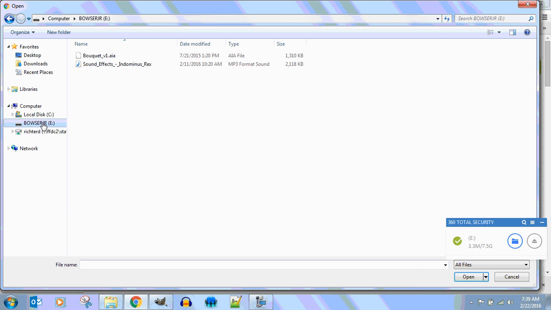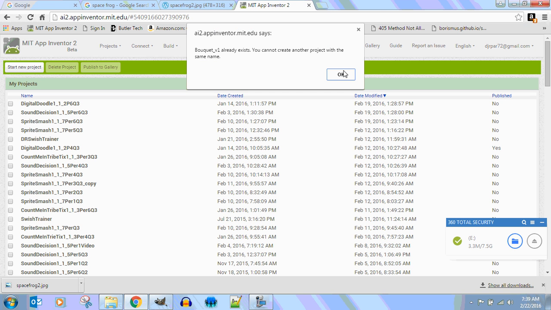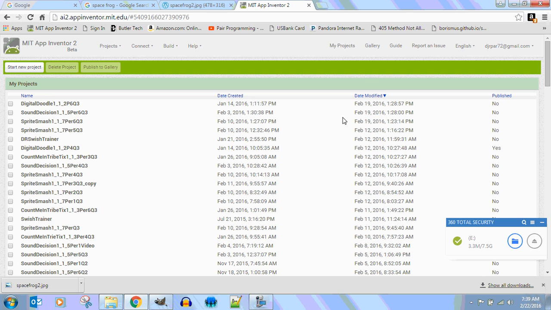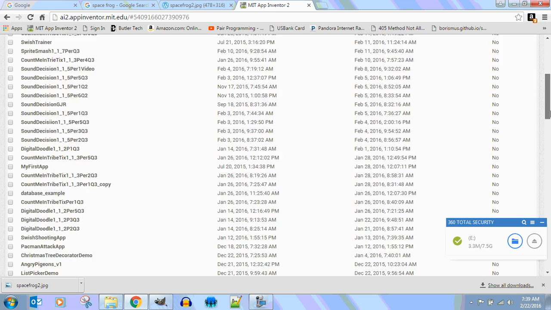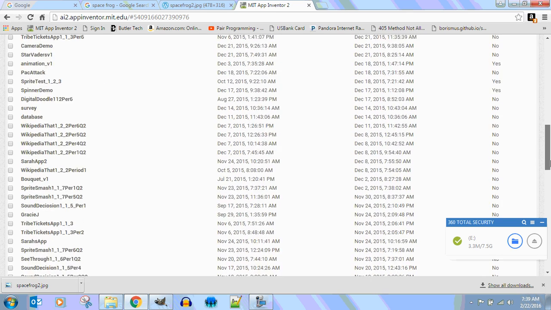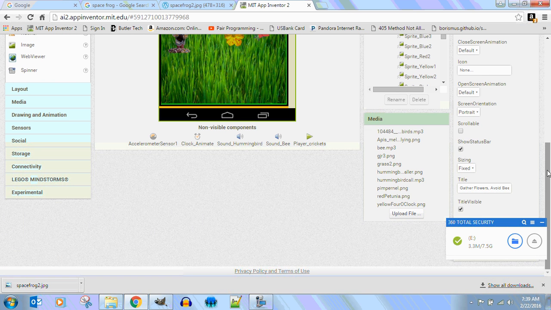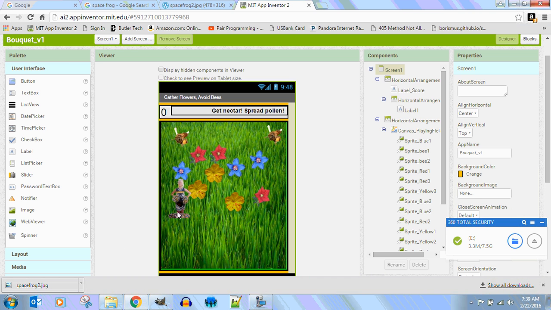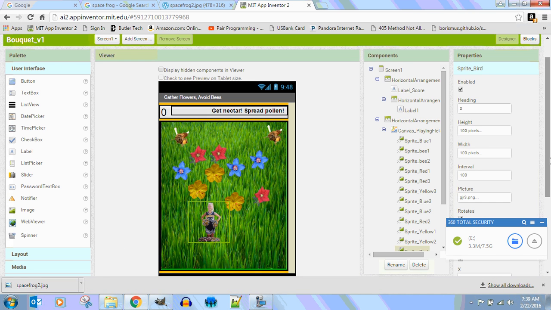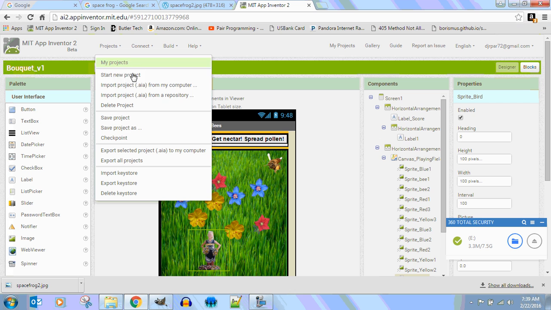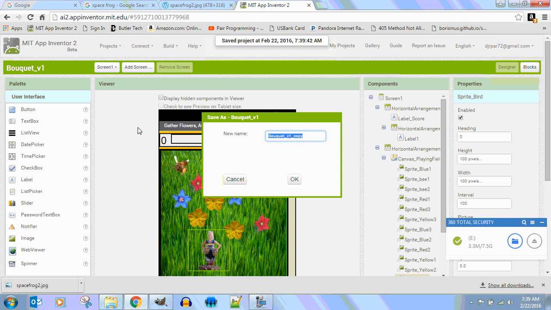You're going to go over to your USB port and you're going to call it Bouquet. Open up Bouquet. And Bouquet already exists, so where's my Bouquet at? There it is. So I want to open up Bouquet. There is Bouquet, and that's the one I gave you guys. Now, what you guys should automatically do in here is go Projects, Save Project As, don't copy it, don't save it as Bouquet, save it as Picture Pool, right? Picture Pool